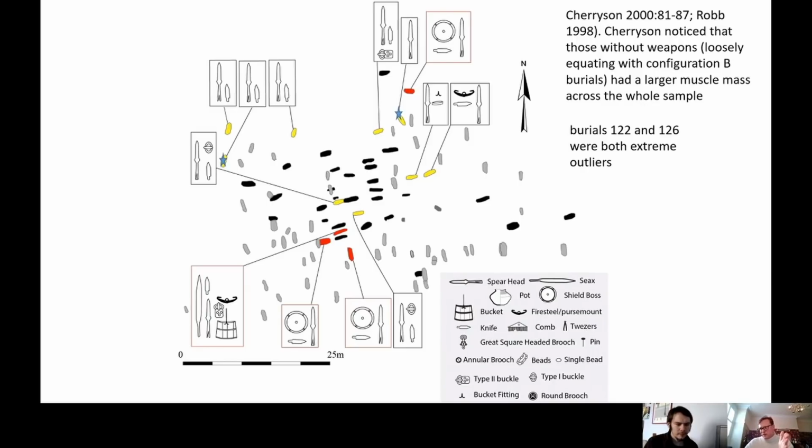One of the things I draw out in the book, which I don't have any slides to illustrate, is trying to look at height, stature as well. And what's interesting is in several sites there are similarities in height, really close similarities. So, you've got 7 or 8 weapon burials at a site like West Hazleton, and the weapon burials in plot